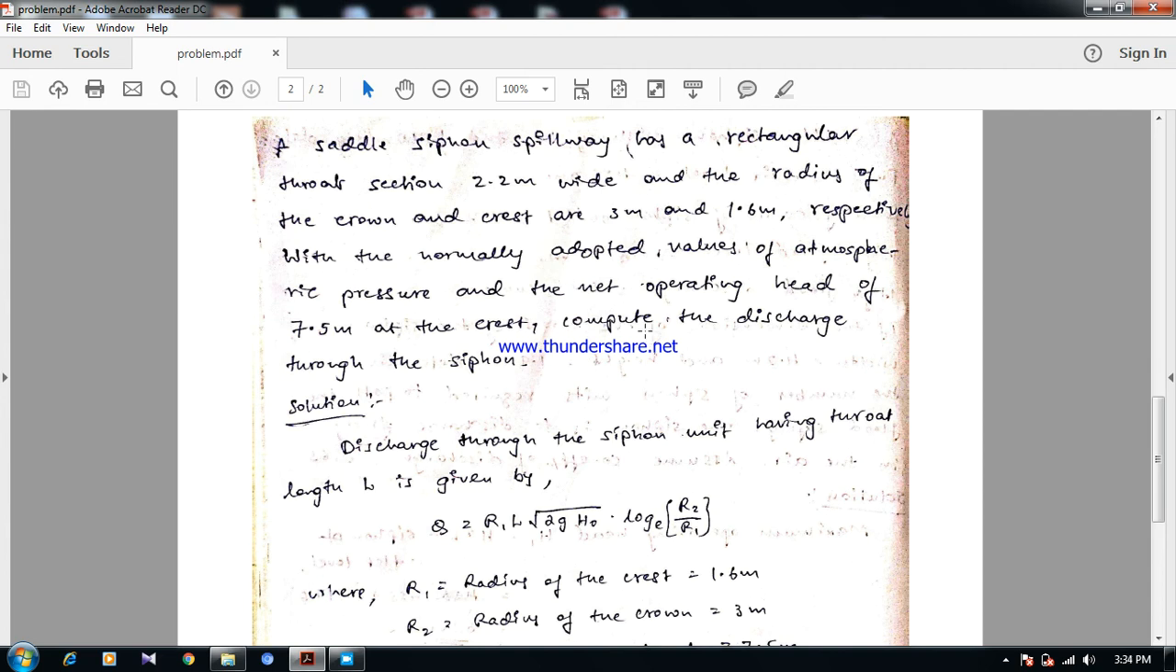In this problem, we need to calculate the discharge through the siphon having a throat length L, that is here the rectangular throat section 2.2 meter wide. This one we need to take as a length L with radius of crown and radius of crest. The discharge equation will be Q is equal to R1 into L square root of 2G H0 into log R2 by R1 to the base e,